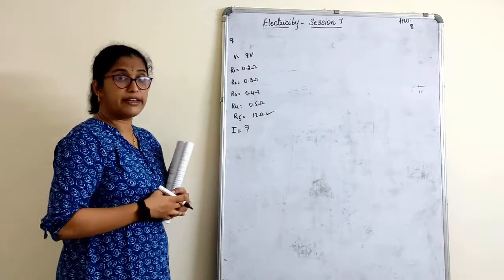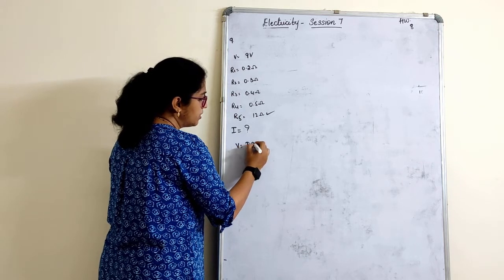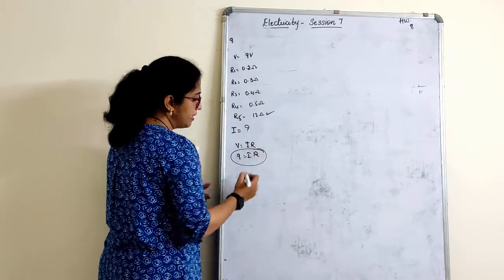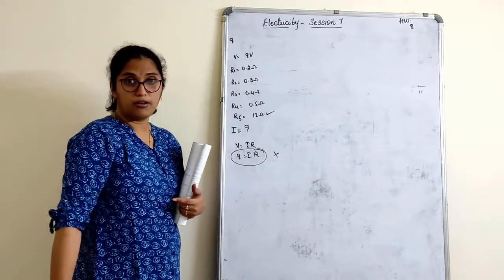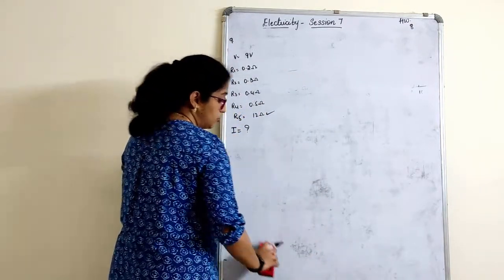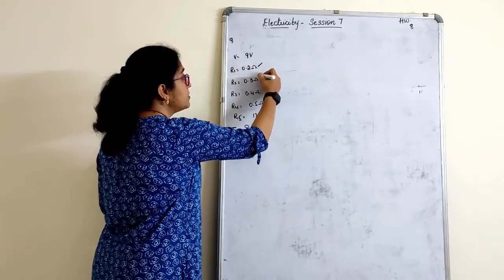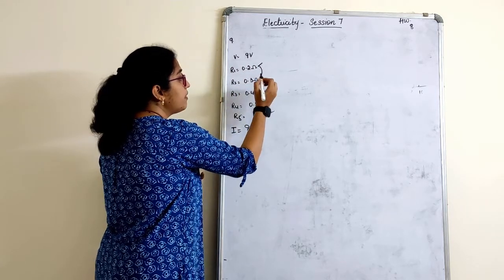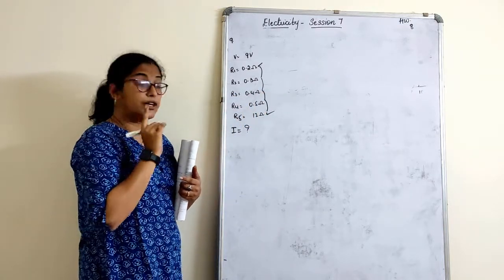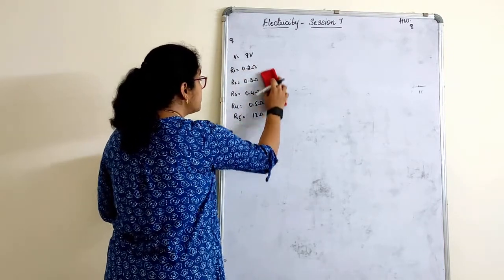See, usually what mistake do we make? How much current would flow through the 12 ohm resistor means we know the formula V is equal to IR, where V is 9, I we have to find out, and resistance is 12. We apply this formula, right? It is wrong. Why? Now, these are all connected in series. Whatever current is flowing through 0.2 ohms, the same will flow in 0.3, the same will flow in 0.4, 0.5, as well as the 12 ohm resistor. Why? Because they are connected in series. Their current flows the same across all the resistors.